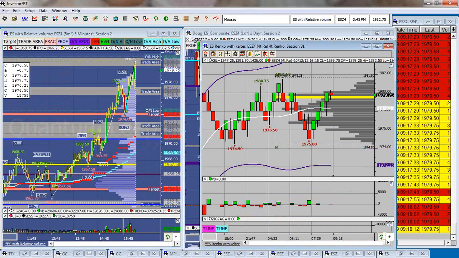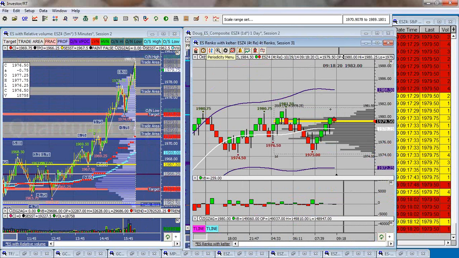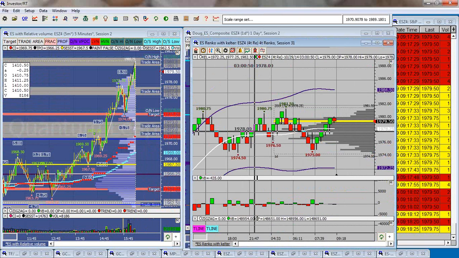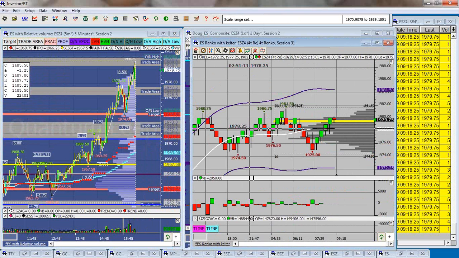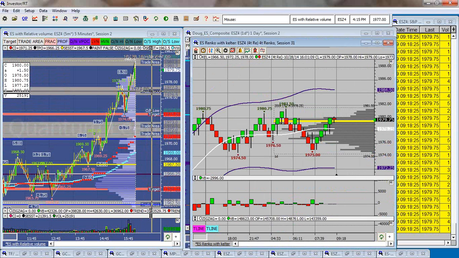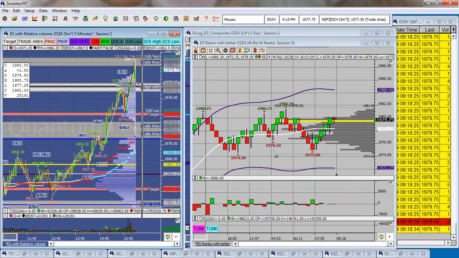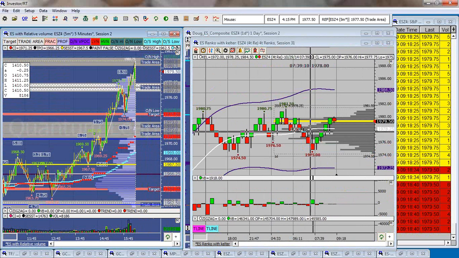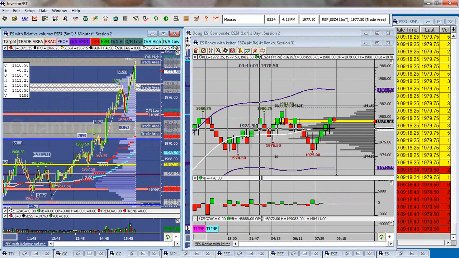Look at how wide that sucker's gotten. So center line is sitting at 78.25. Man, that 78.25 has been driving me up a wall. In fact, you know what? I'm moving this trade area up here so it encompasses that 78. 78 was frustrating last night to me because I had to sit through all of this and kept on hitting the 78, then coming down, and then it got above, then it kept on coming down.